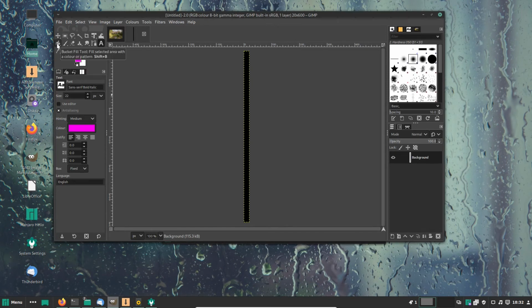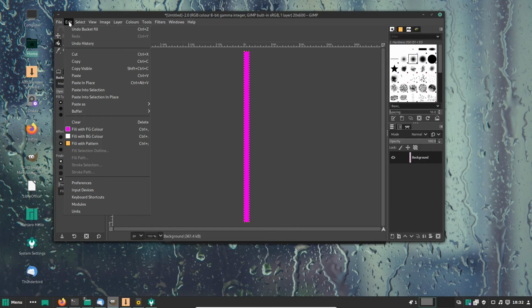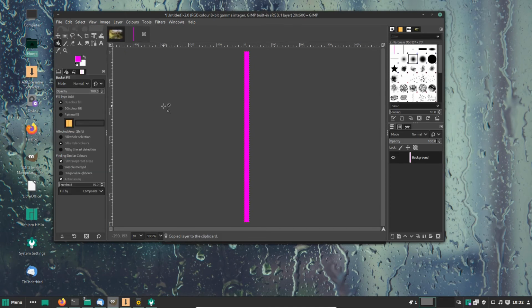Now if we take a bucket here, this is the bucket filler tool, click on the bucket filler, take it over here and click on there, we've now got our purple flagpole. It's quite a thick flagpole. Now we won't save this or export it, we'll copy it into the picture. So we'll do copy, or you use Control C